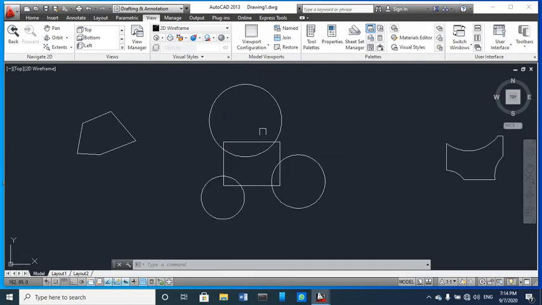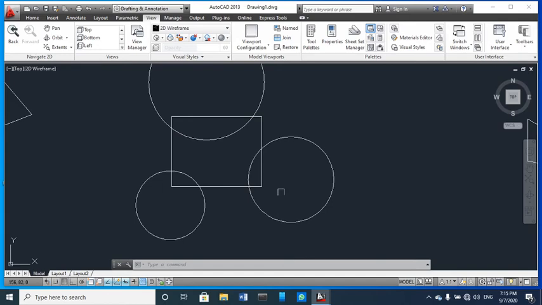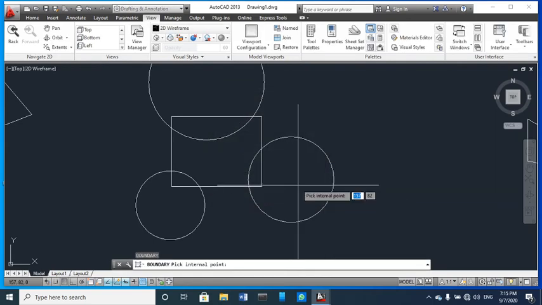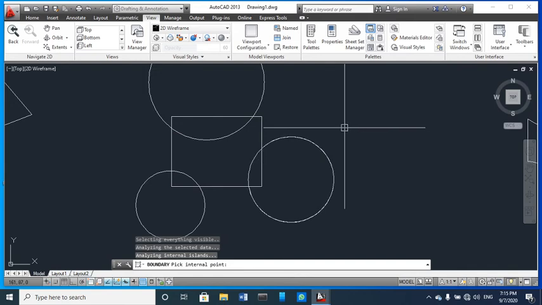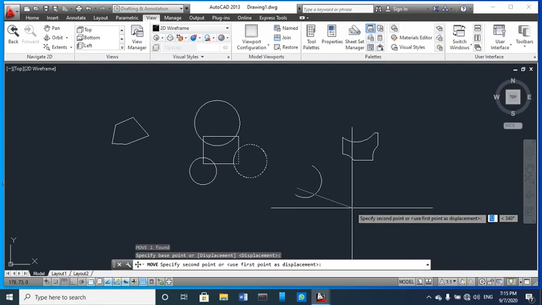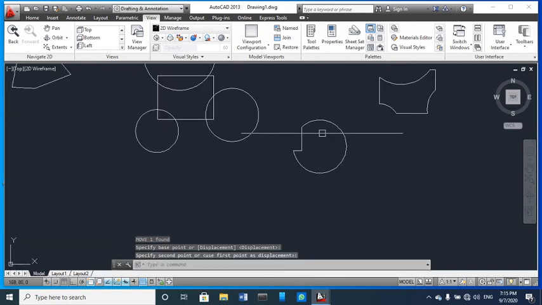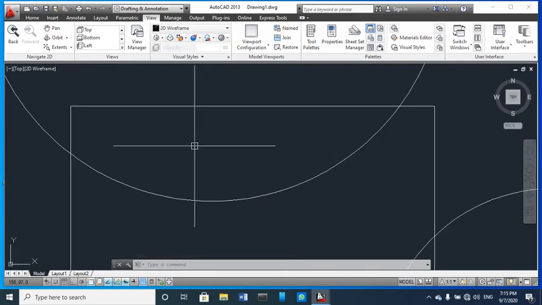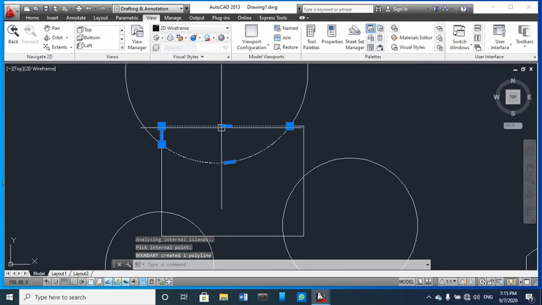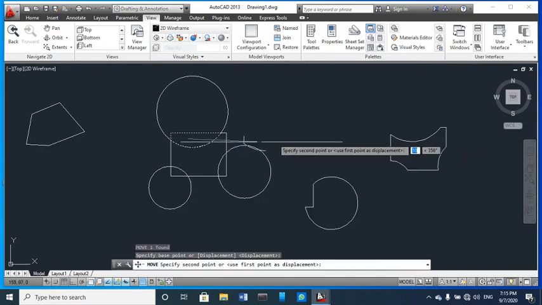As well, if you want to calculate the rest of this area, then you also type BO and select the area boundary you want to calculate, and enter. Now once you select this, you can calculate the area for this space as well. Similarly, if you want to click here, BO and just pick an inside point, it's a very easy method, then you can calculate.